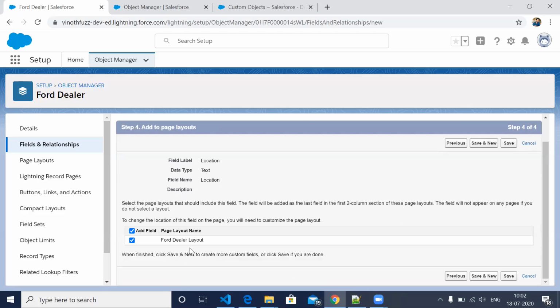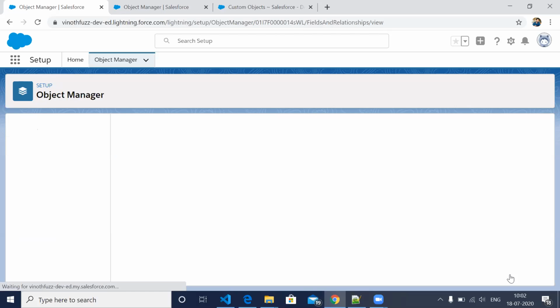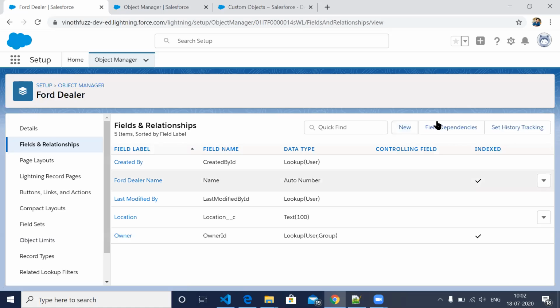We have only one page layout currently, so I'm just clicking on save, and I will create one more field.